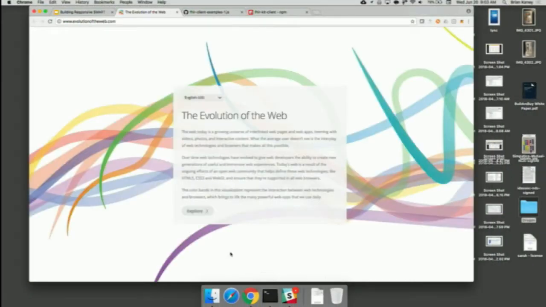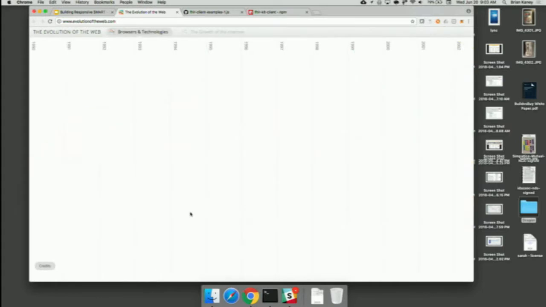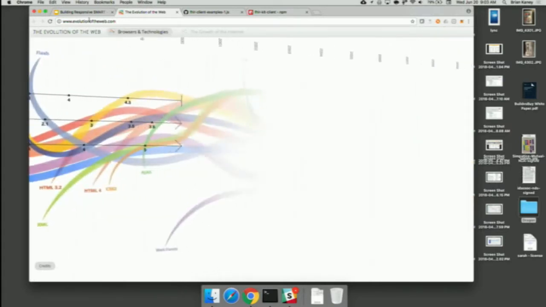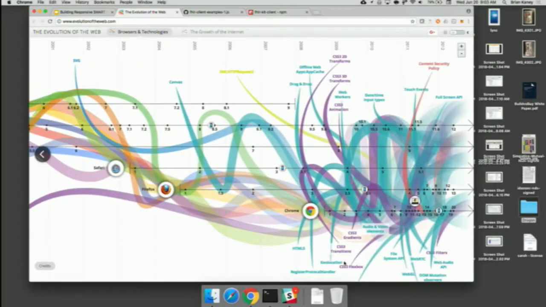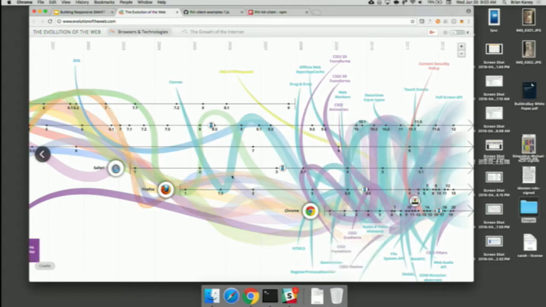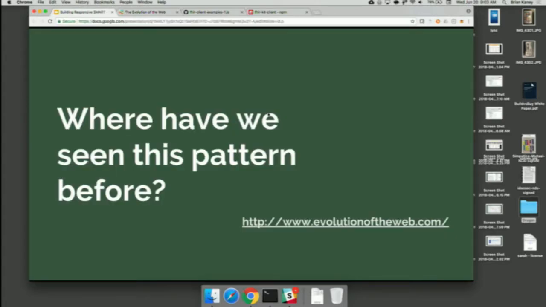an old visualization that only goes to 2015, but you can see here, this is the evolution of the web, some project that someone did to showcase HTML5 stuff. You can see as time's gone on with web technology, there's been all sorts of stuff that's emerged, and different browsers support different things at different times. So drawing on that analogy,